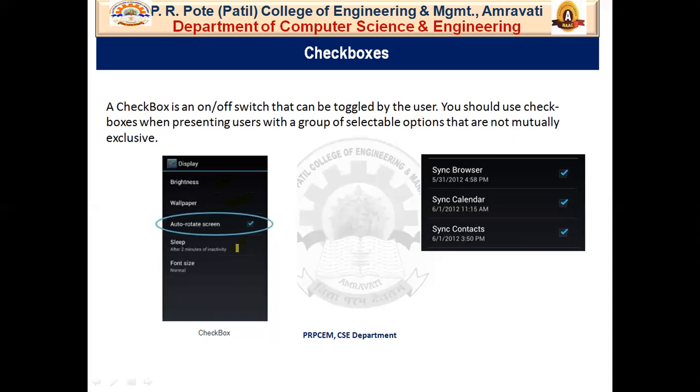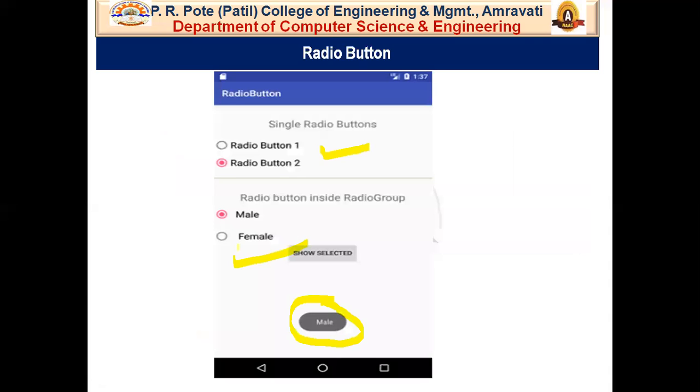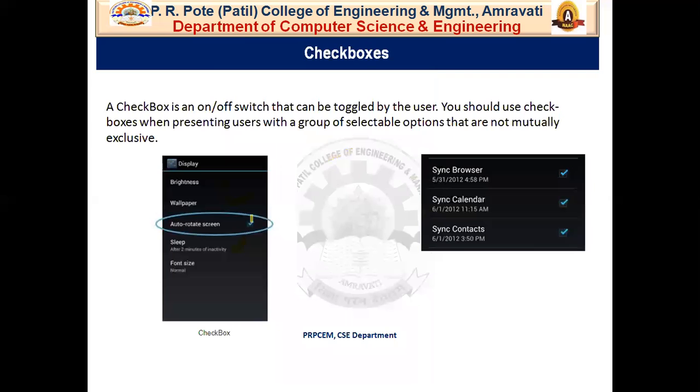So the checkbox is a very important component for the UI controller, because these are those toggles or inputs or on or off switches which are not interdependent on each other. Not interdependent on each other, it means that in a radio group, now here male is checked. Once you click on female, it will uncheck the male radio button. It means that these two radio buttons are interdependent on each other. But checkboxes are not interdependent on each other. It means that you can select more than one checkbox without affecting other checkboxes.